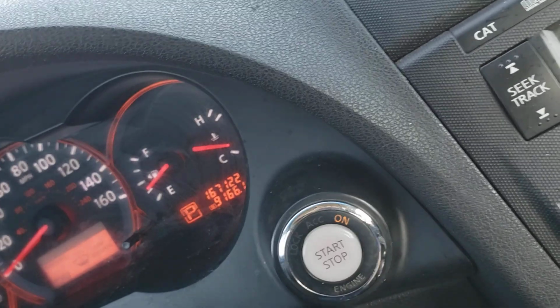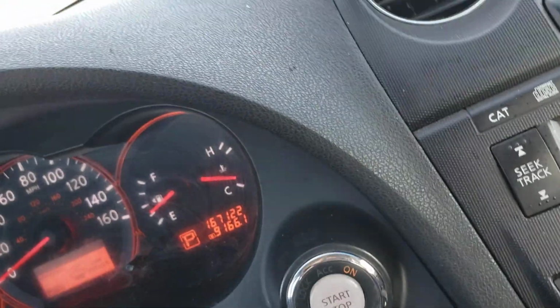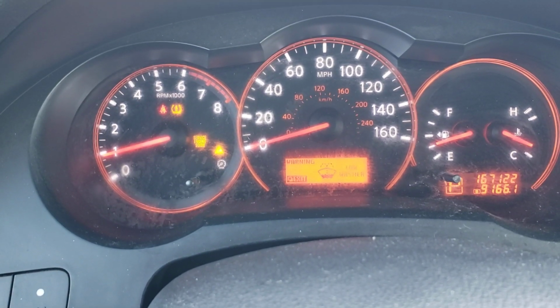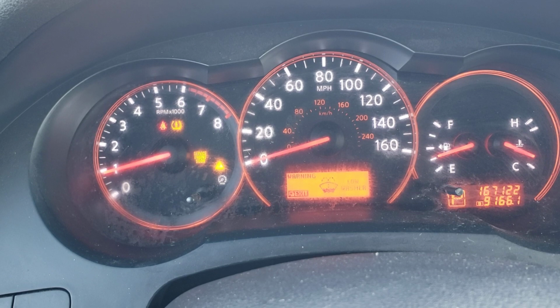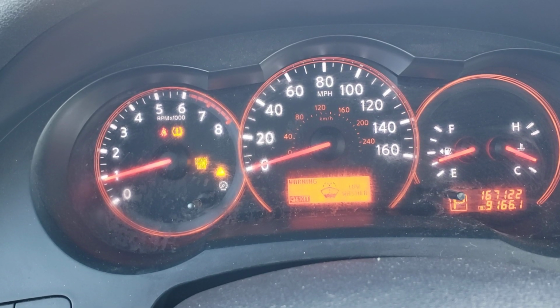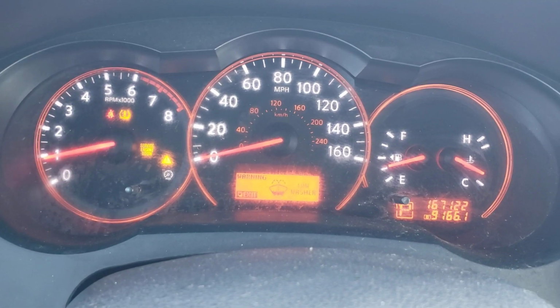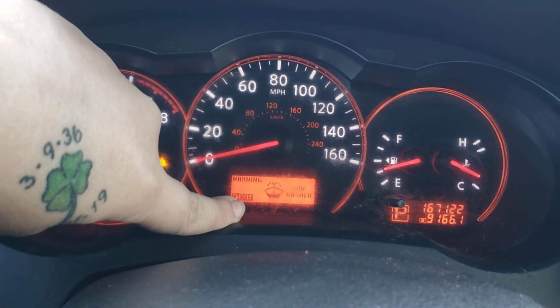You'll see it does have the push button start. And I have 3 keys for that, which is really cool because those are expensive keys. So that's a cool thing to have. See, that's my seatbelt light, tire pressure light. That's obviously going to be on because we've got a donut on there. Check engine light, and then that little triangle, I think that's a warning because we've got low washer